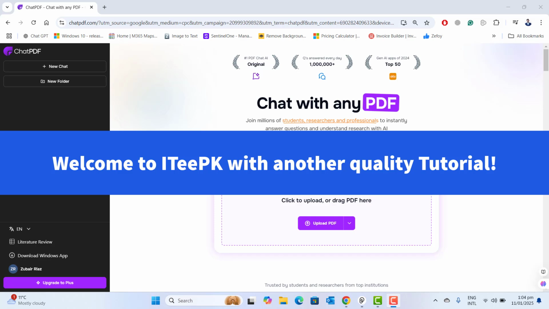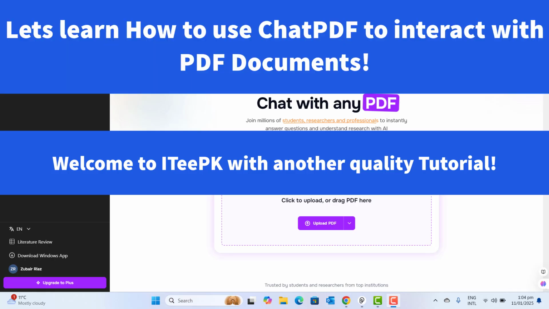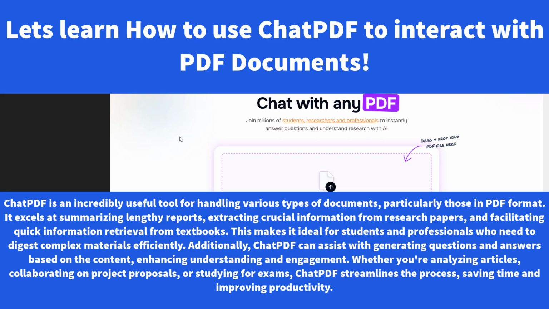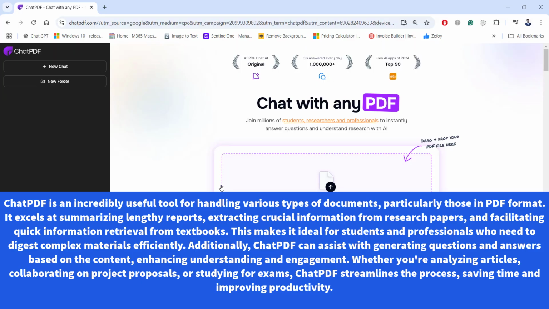In today's quality tutorial, we are going to learn how to use ChatPDF to interact with PDF documents. There are so many use cases for this, but it is very useful for long documents like research papers, technical documents like instruction manuals or operating manuals, or financial or legal documents like business reports